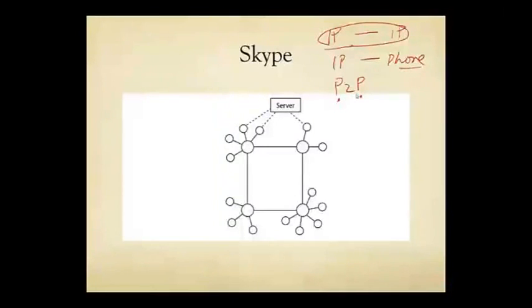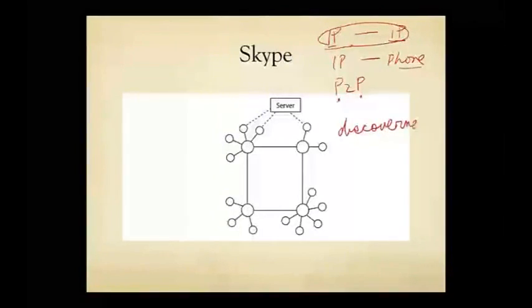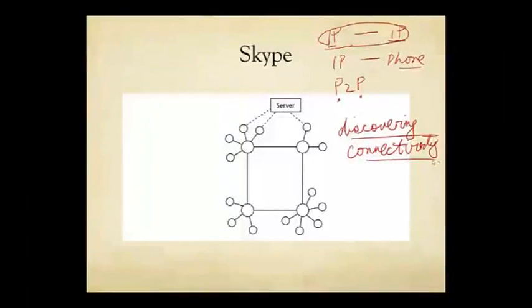But also the control signaling, that's what really makes Skype tick. It's to say that in order to discover the other IP phones, what you need to do is to use the peers as an infrastructure for discovering the connectivity. So the peers collectively act like a bridge, okay, and they can bridge two IP phones.